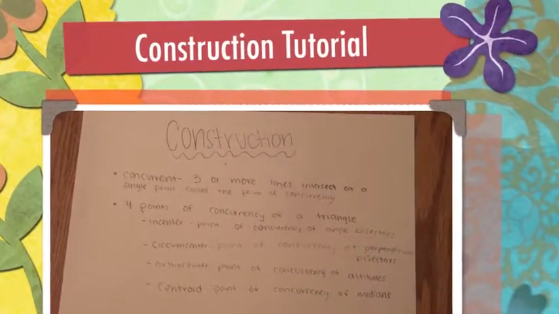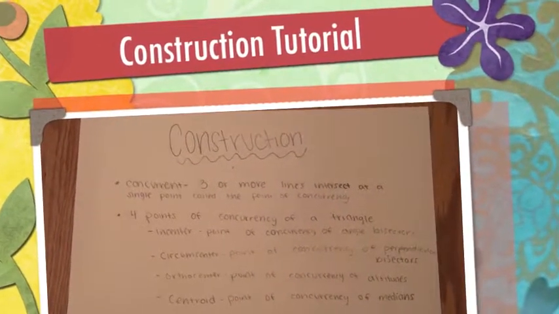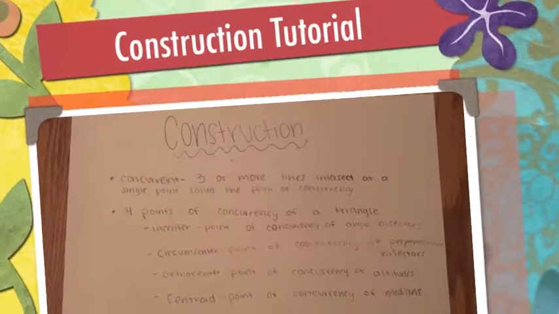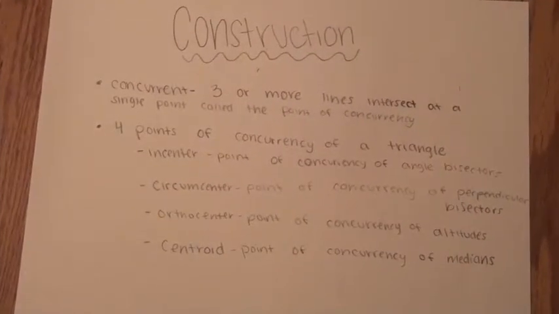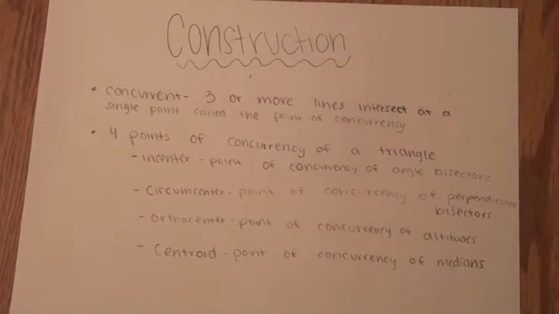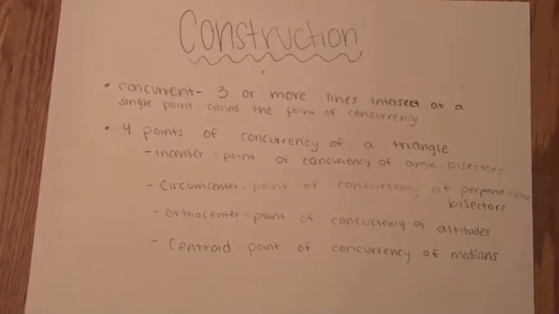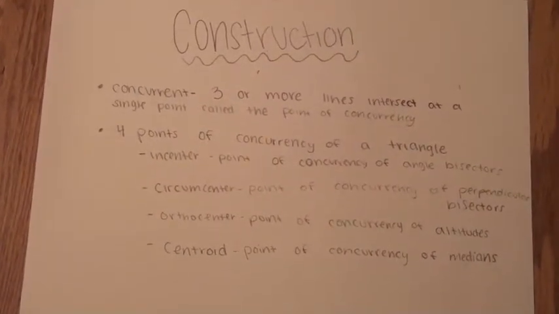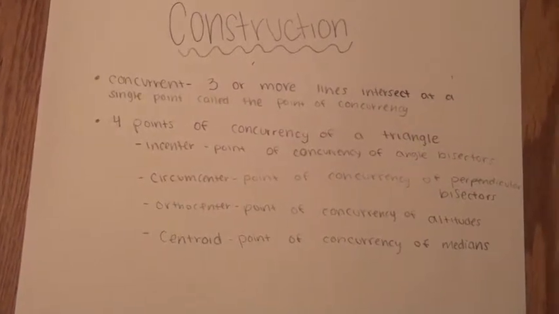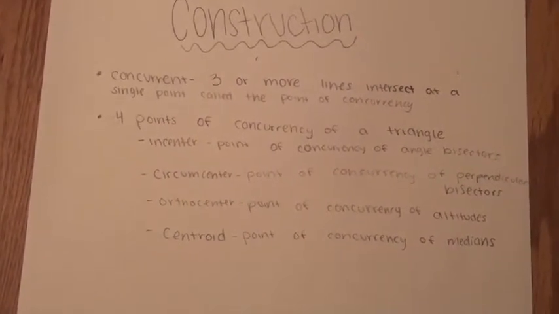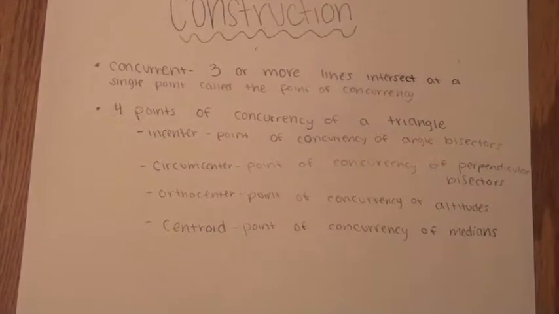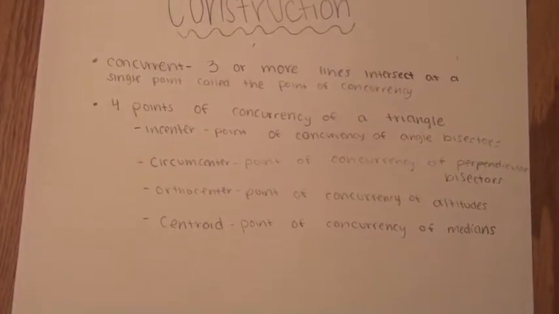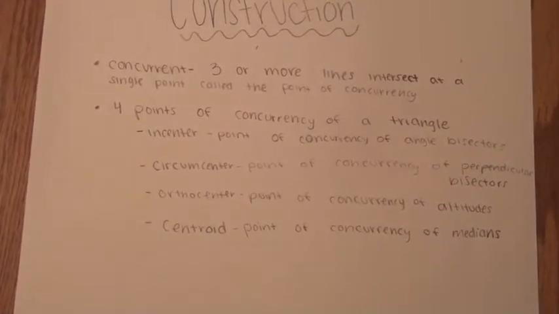Today we are going to construct the points of concurrency of a triangle. To be concurrent is to have three or more lines intersect at a single point called the point of concurrency. The 4 points of concurrency in a triangle are the incenter, which is the point of concurrency of angle bisectors,